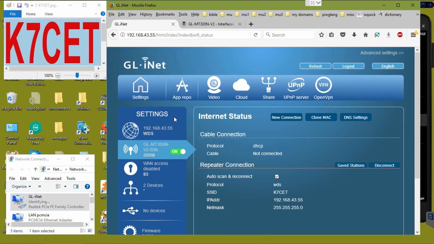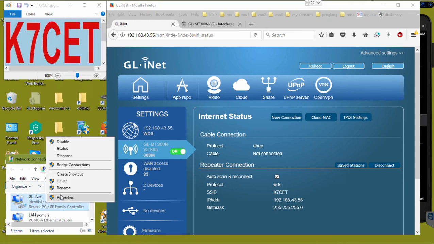So in order to control your GL mini router, you're going to have to set a static IP address here because the mini router is not giving IP addresses to your computer anymore. So right click Properties,